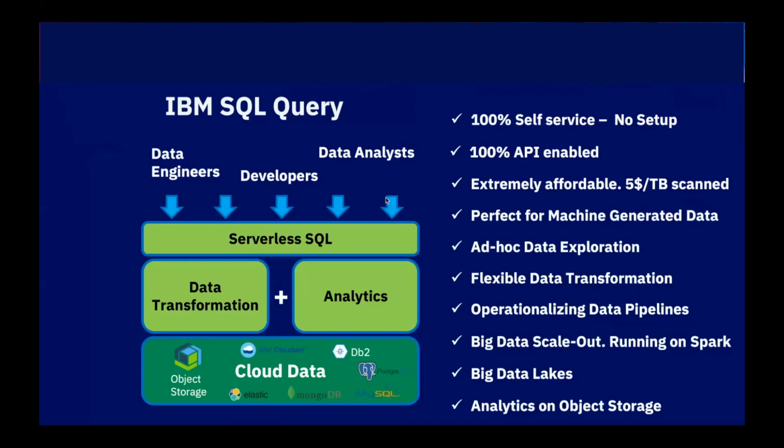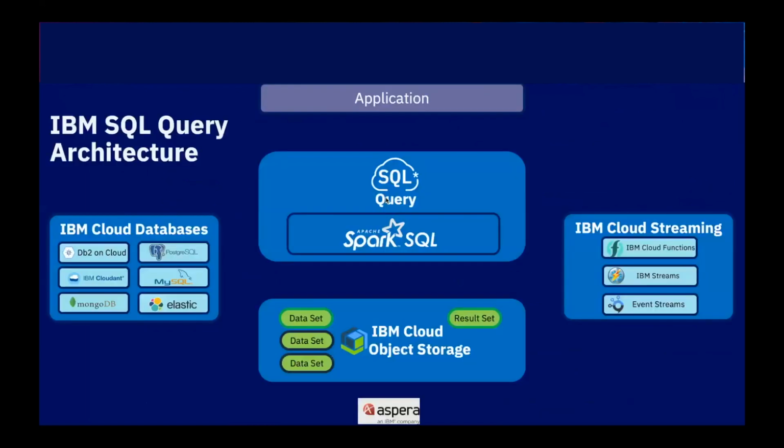And eventually, it enables you to do analytics directly on object storage without a database or data warehouse involved. Now, we want to look briefly at the architecture of that one and how it all plays together. Well, at the center, we have our persistency, the IBM Cloud Object Storage, with some data that sits there. Now, how does the data get there? We have already reviewed the different ingest options.